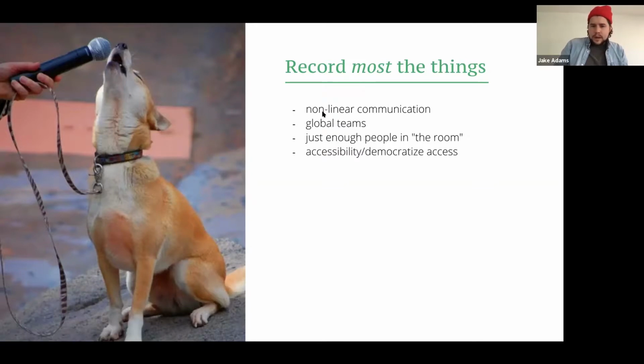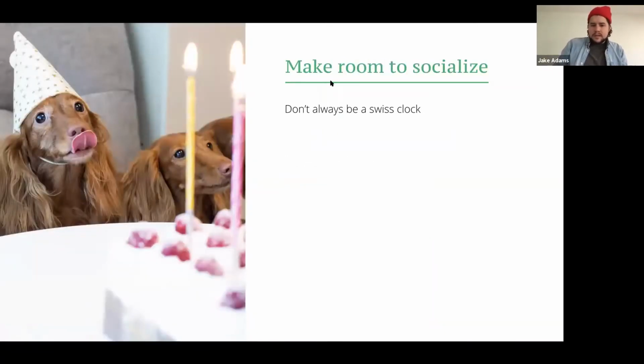This kind of leads me to a couple other points. One is very small, but make room to socialize. This is really important if you have a hybrid team, or really a distributed team in general. We can socialize over Slack, but it's not quite the same, the joke doesn't land the same, etc. So what we actually try to do is preserve a few minutes at the beginning. We actually do stand-ups every day. It's as much to see each other and interact with each other as it is to get updates. And so we will make time to ask how the weekend went, chit chat,